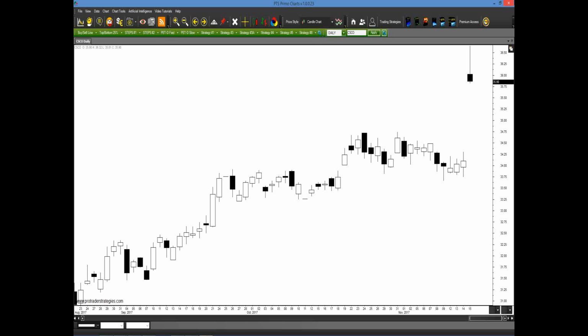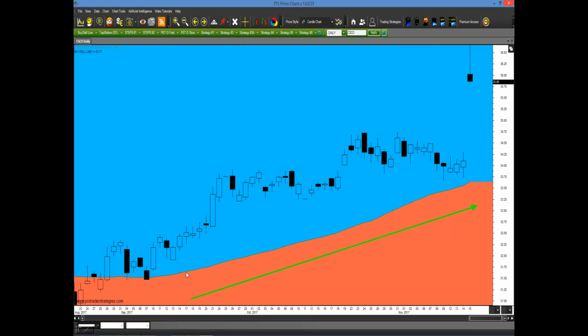All right, let's look at Cisco, CSCO. We see here that we were going steadily up, and then we had a really nice gap up. Well, as we see, if we had applied the buy-sell line starting at this point, we had a really nice upward slope. So how could we have bought anywhere around this level? Well, we click on the strategy 4 tab, and we see here that we had 2 very nice signals. In fact, this last one was a good 4 days before the big jump. We had no idea the stock was going to jump like that.